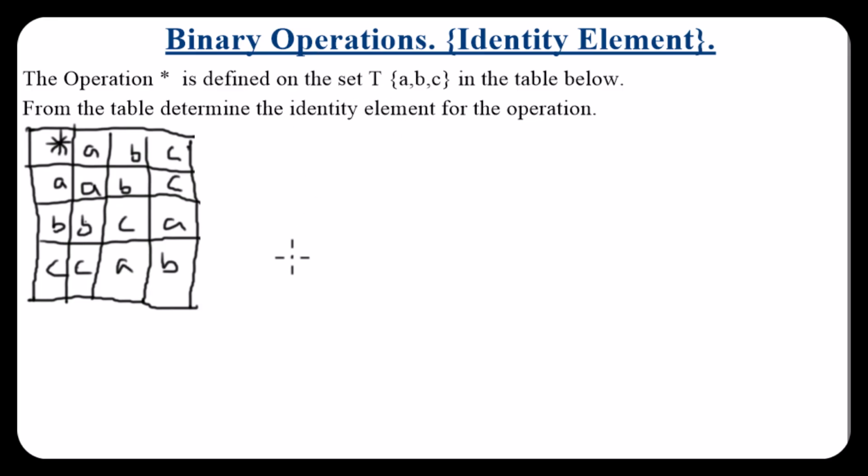Now, this question has been gracious enough to give us the table itself. Sometimes they'll give us the sets and define the operation star. So we have to, first of all, fill in the table. Then from the table you filled, you have to determine the identity element for the operation. But since we have the table already filled, we can just move on straight to finding our